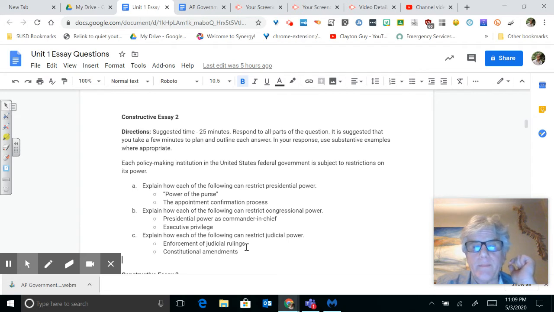And then constitutional amendments can restrict judicial power. One of the famous cases was Texas versus Johnson. That's where the Supreme Court said that flag burning was constitutional. And with that, the Congress very quickly, in a bipartisan way, passed by a two-thirds vote an amendment that burning the flag was unconstitutional. It's gone to the states. The states have not approved that, but this is an example where Congress can try to restrict judicial power with a constitutional amendment.